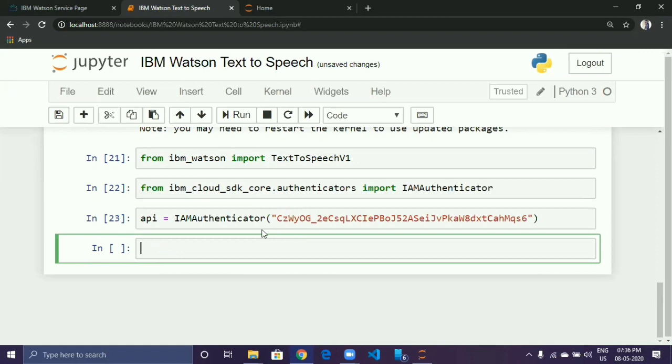Now I'm going to configure our IBM Watson text to speech service in Python. To do so, I'm going to define a variable. Then call text-to-speech version 1. Then for authenticator, I'm going to pass here my API.